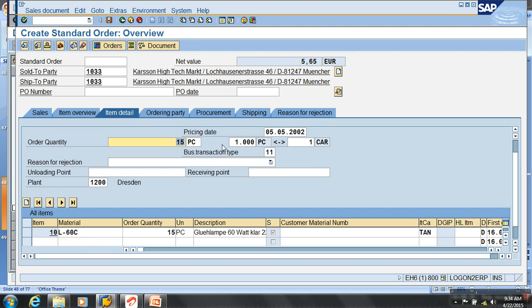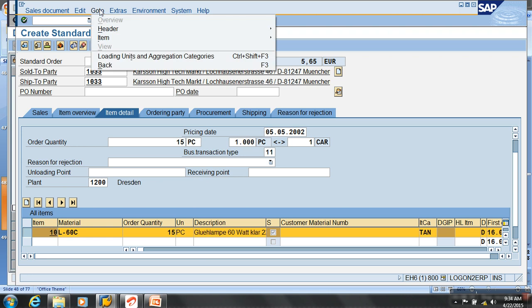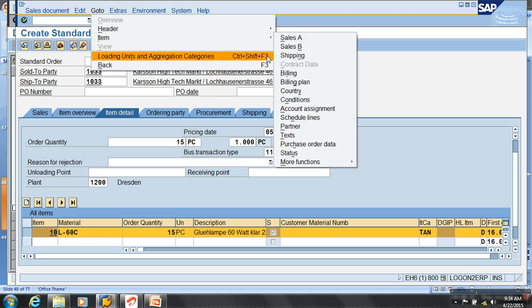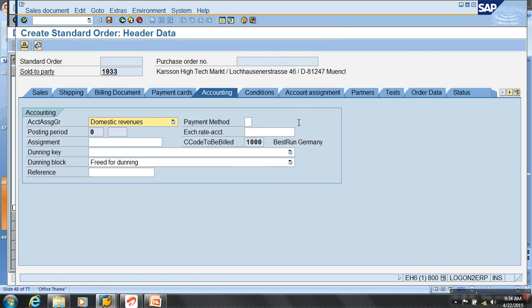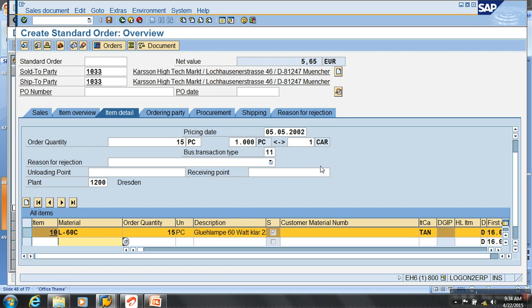The 15 pieces, one piece equal to one carton, that is a unit conversion. I can select this and say go to item, pricing, accounting. He basically enters all this information and then clicks on